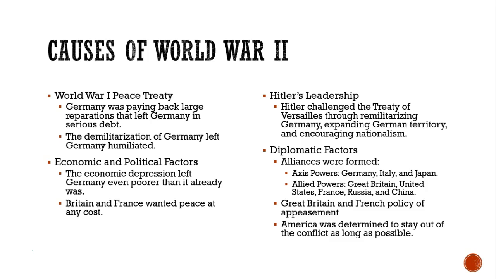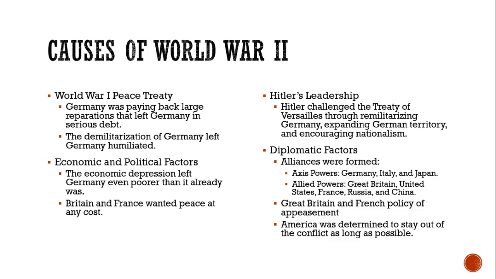The Axis powers were Germany, Italy, and Japan, while the Allied powers were Great Britain, the United States, France, Russia, and China. The United States would join a little bit later, but it started off with just Great Britain, France, Russia, and China. Great Britain and France also were practicing a policy of appeasement, letting Germany kind of do what they wanted, while America was determined to stay out of the war as long as possible in a